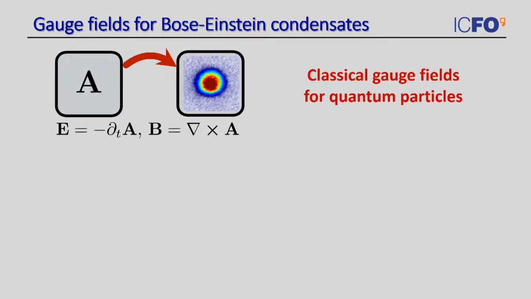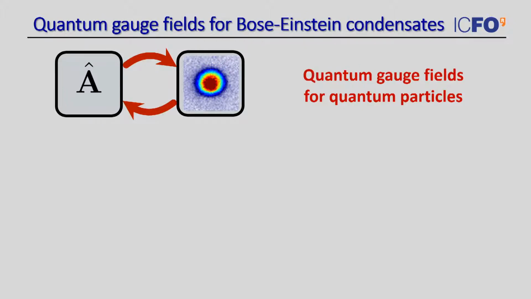So now my talk is going to be a story about Bose-Einstein condensates that we subject to artificial gauge fields. That means a synthetic vector potential that acts on the atoms and from which we can derive an artificial electric or magnetic field. But unlike many experiments that have been done over the years on these systems, we are not going to subject the quantum particles of our BEC to classical gauge fields, but instead we want to go a step beyond and make these gauge fields quantum.